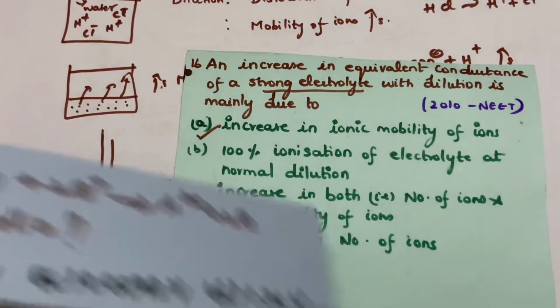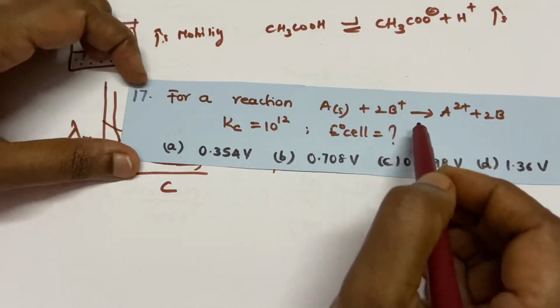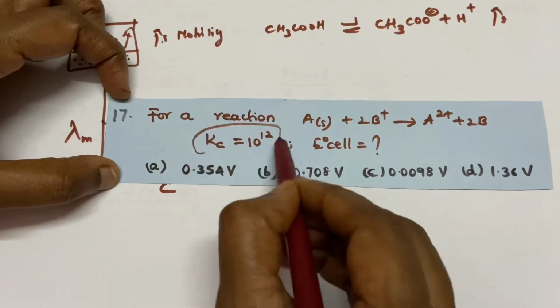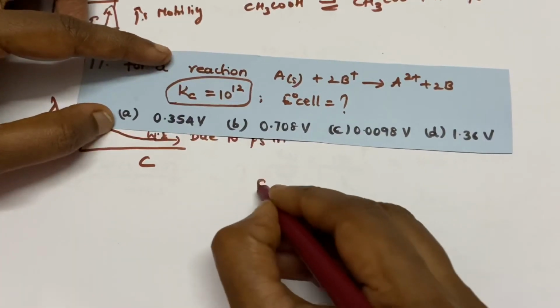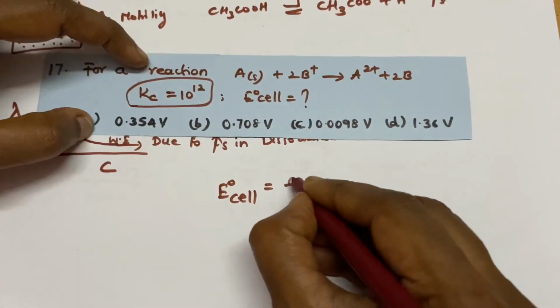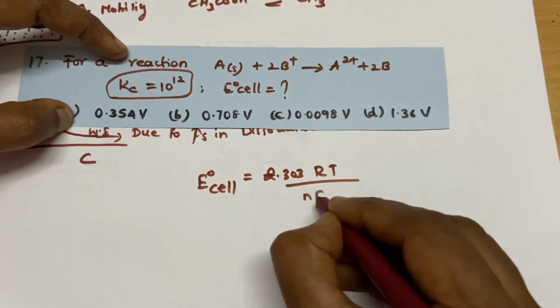Okay, so the last question. For a reaction A plus 2B plus gives A2 plus 2B, they have given the equilibrium constant. What they are asking is the standard cell potential. So what is the equation? This is 2.303 RT divided by nF